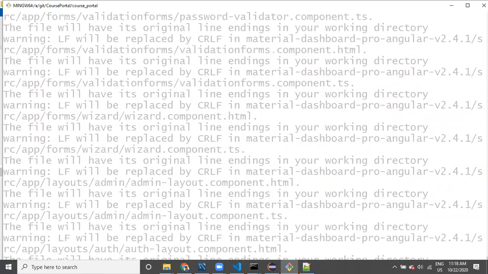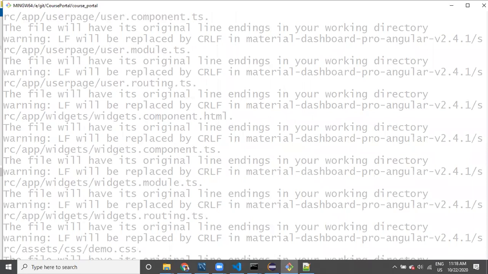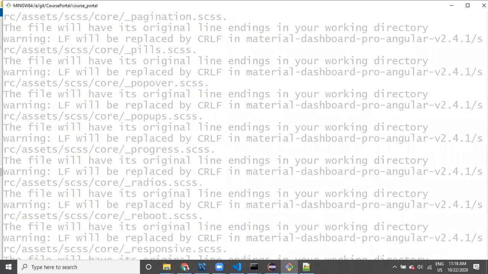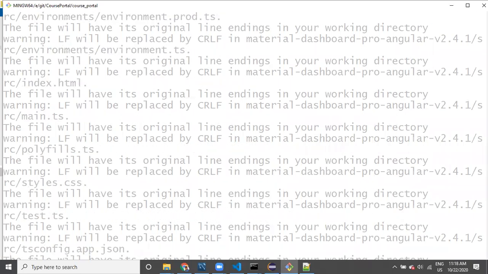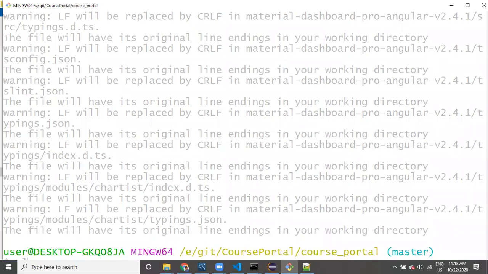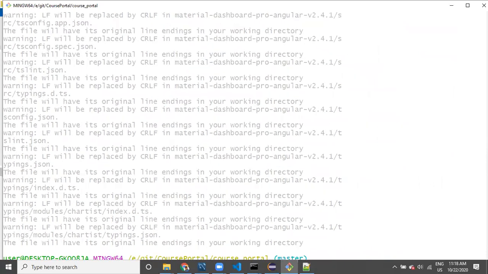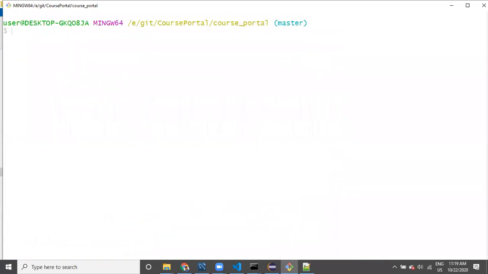Right, first we need to add the things. All files are getting added. Now what I would like to do, added, right?